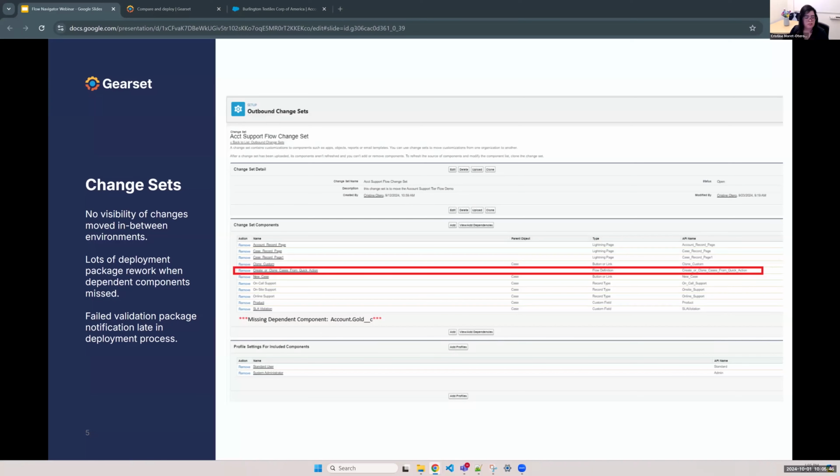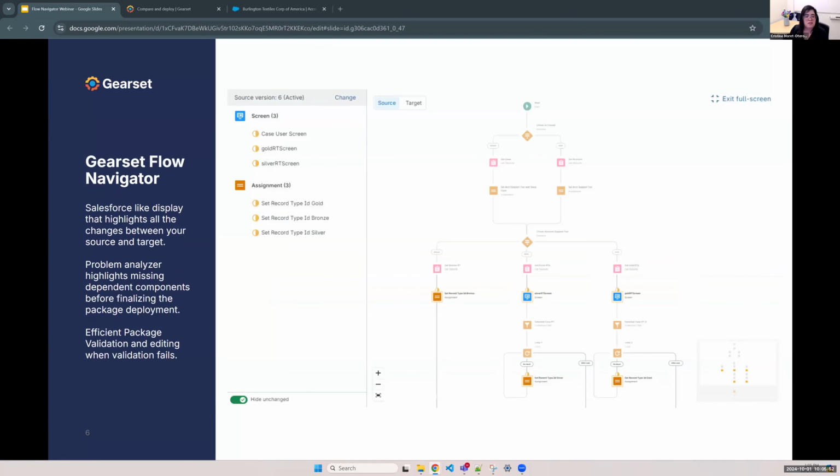So what can we do to improve this? Let's take a look at Gearset Flow Navigator and how that looks. So in the Gearset Flow Navigator scenario,